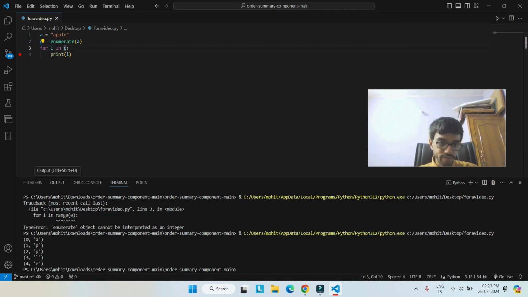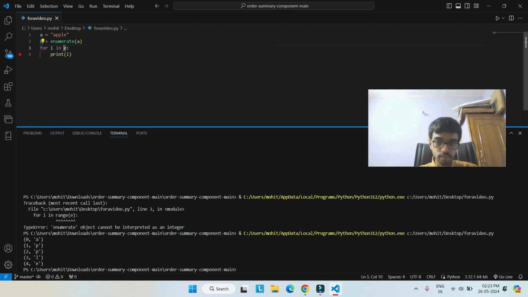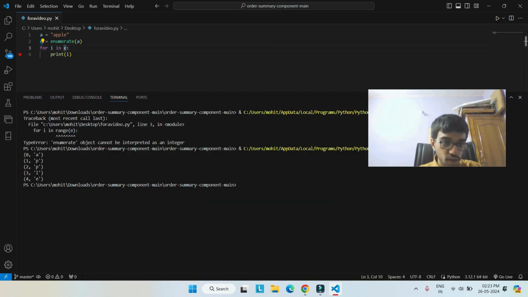There we are. You can see that each and every character is mapped to an index. And then you have a unique tuple. The first variable being the index and the second being the character.